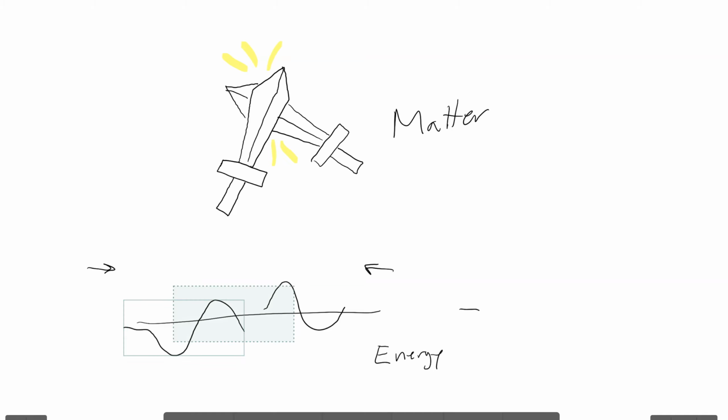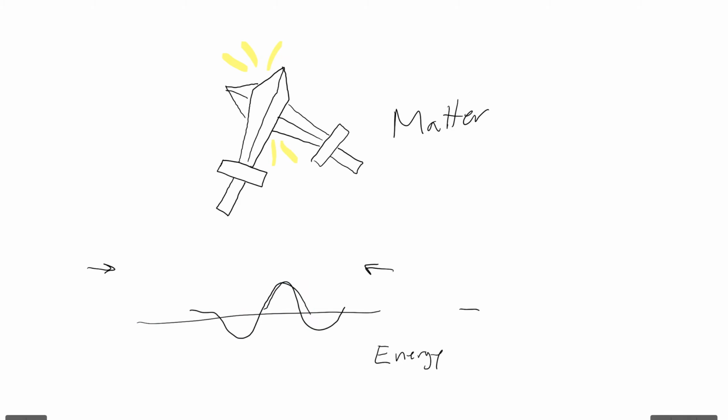And what happens? How are these two things going to interfere with each other? Well, we have a crest meeting a crest, and there's only one string, so it's not like you're overlapping the string. What you get is a super crest, an amplitude plus an amplitude. So that's what it looks like there. Interference is all about how energy overlaps or superimposes. So that's interference. That was just very brief for interference.